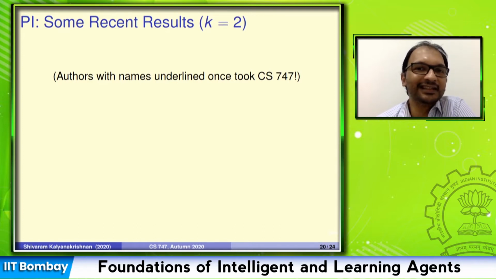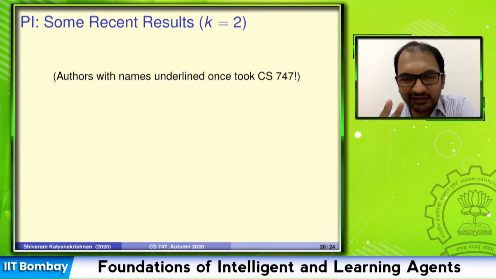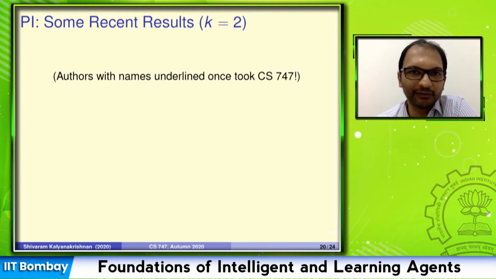Let us look at results in 2 separate categories. One is for 2 action MDPs, and the other is for general k. Remember, the main effect of k equal to 2 on policy iteration is that when you want to improve a particular state, and the MDP itself has only 2 actions, there's no choice in which action you will improve to. There's only one improving action, you have to pick it. When you have more than one improving action, there is that choice. This is partly the reason that k equal to 2 is a little bit easier to analyze than general k. You'll usually find better bounds for k equal to 2 than for k greater than or equal to 3. That's also something that we find in our results.